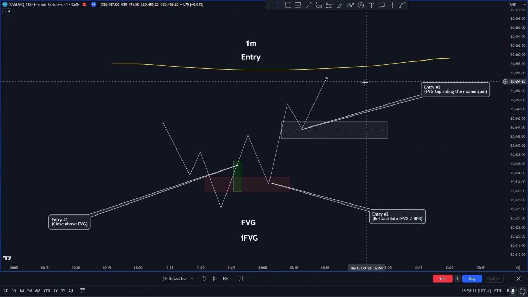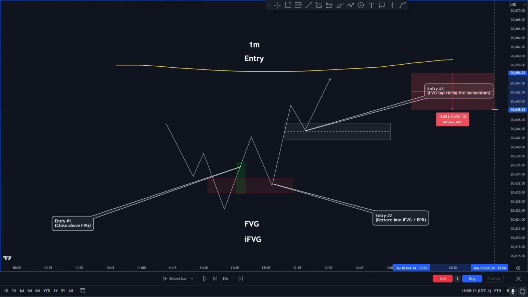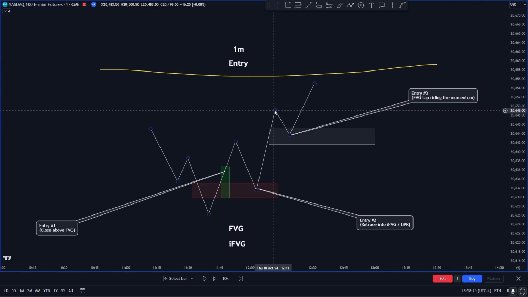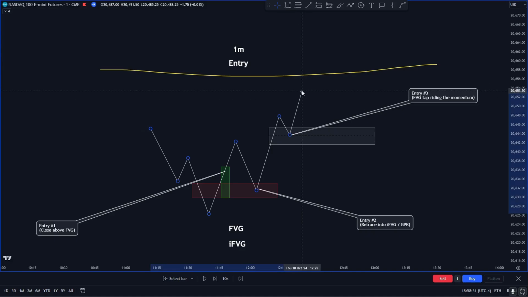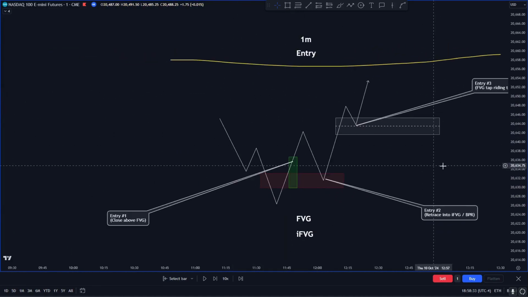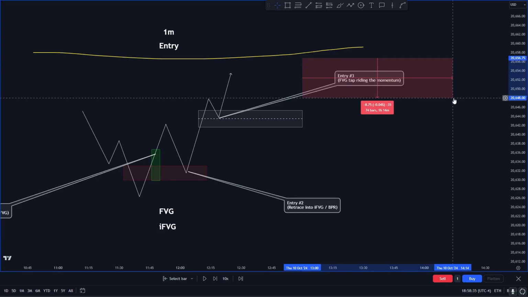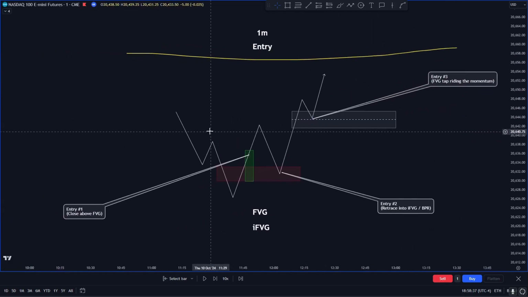If you guys have a clear drawn liquidity, taking any fair value gap that you see is safe, because you're riding the momentum. There's a clear drawn liquidity that we are pushing towards, right? That would be ideal. And this has honestly been my favorite type of entry recently, and most of the trades